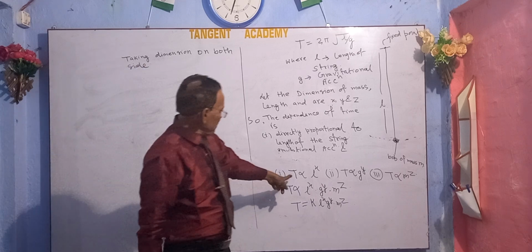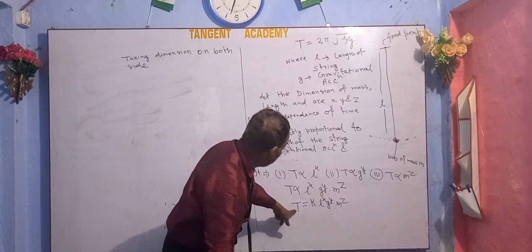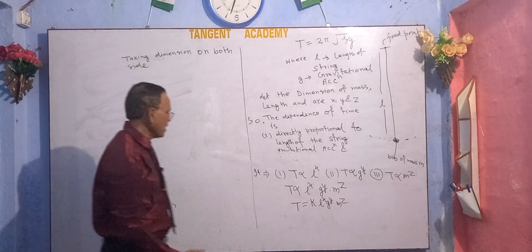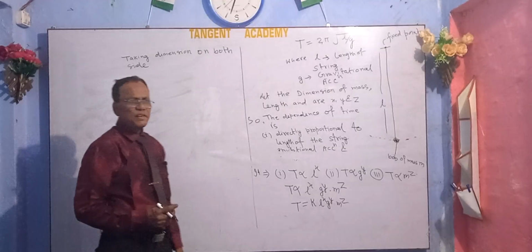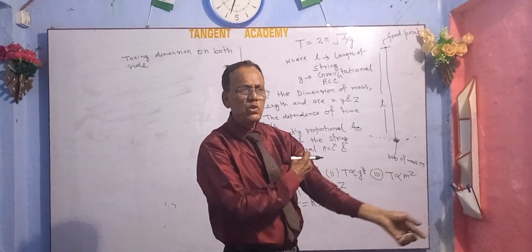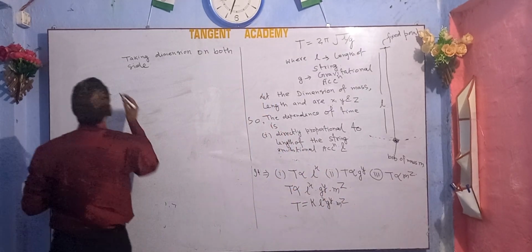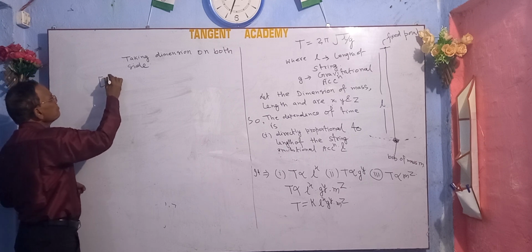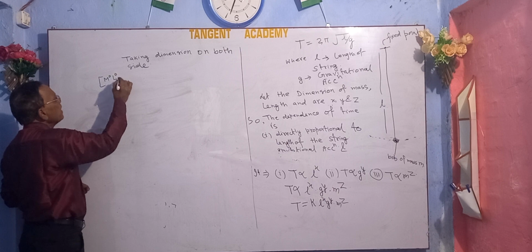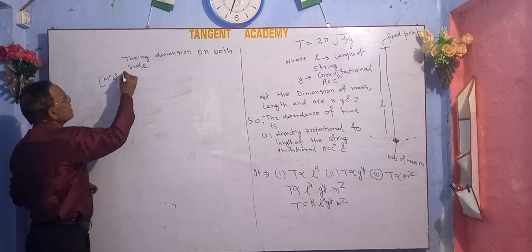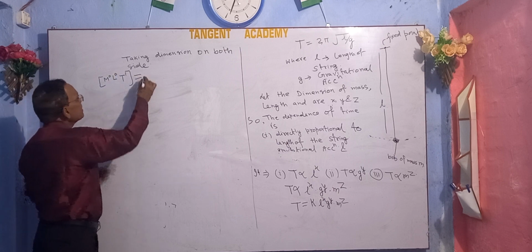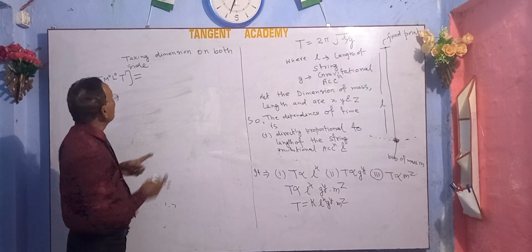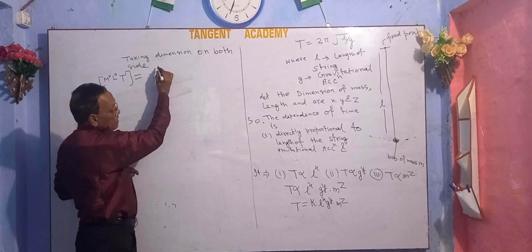Here, in the left hand side, we have T, the time period. For time we can write the dimension as L0, M0, T1. Time has 0 dimension in mass, 0 dimension in length and 1 dimension in time. This is the left hand side. In the right hand side, we have k times